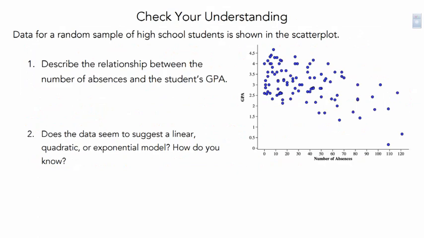All right, so data for a random sample of high school students is shown by the scatter plot. So this is the data for every one of the absences. For every number of absences that a student has, they put a point on here at what their GPA was. So describe the relationship between the number of absences and the student's GPA. Well,